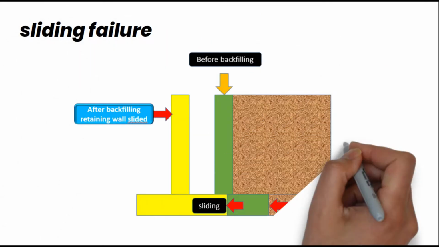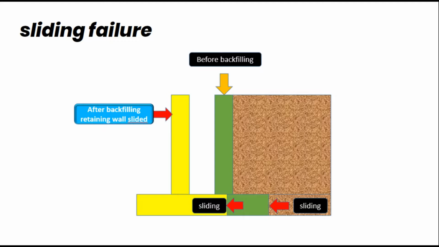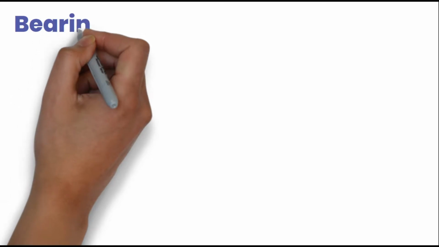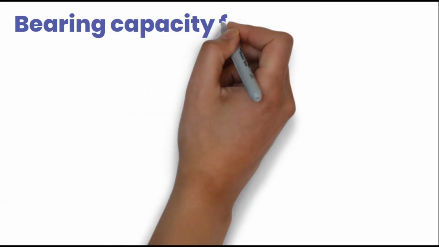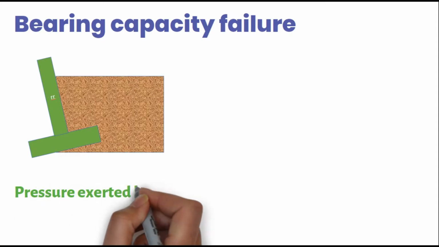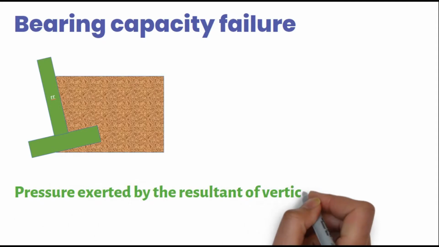The next major type of failure is sliding failure. This is the typical drawing, and after backfilling, the retaining wall has a tendency to slide forward, just as shown in this picture. Next is bearing capacity failure. Just to go through this picture, the loads coming on the retaining wall are due to the pressure from the backfill